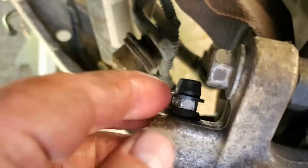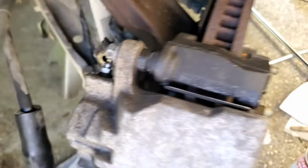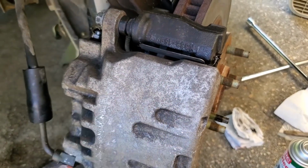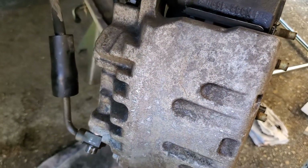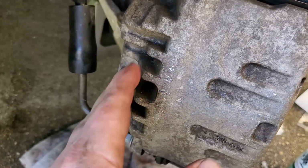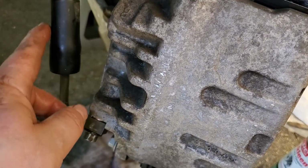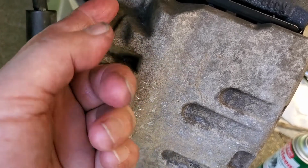And then we're going to come up here, we're going to remove this. Now we're to the point where we're actually going to bleed the caliper. What bleeding the caliper does is it allows all the air that's in here when we rebuilt this, it forces fluid down here, and it forces it up, and then that fluid comes up here and goes